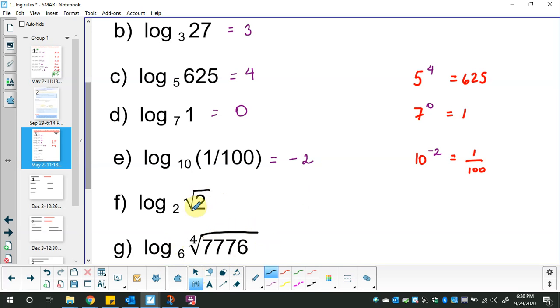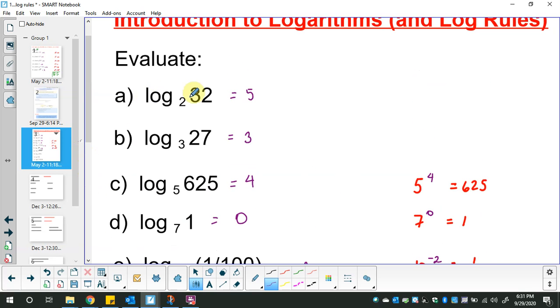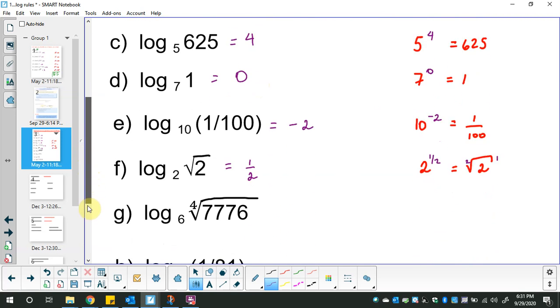That part doesn't show up on the smartboard. So this next question, 2 to the power of something is equal to root 2. And just like before, I've just changed this part. There's a little 2 in the hook for square root and a little 1 on the outside, so this is 1/2, and my overall answer over here is 1/2. So this is like my scribbling side of the page if I'm trying to figure out things that don't appear in my head. So for example, maybe you just know this one and don't need the scribbling, but you need to scribble